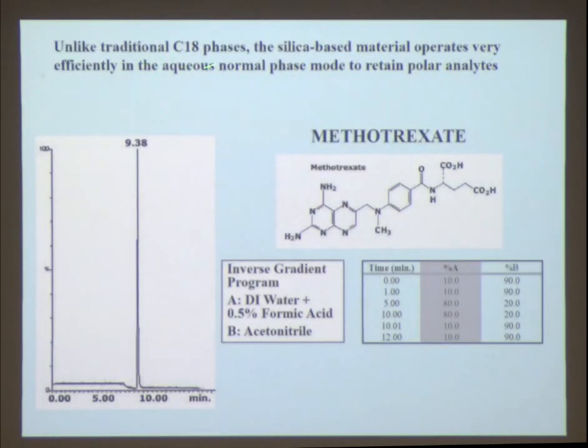Well, here's C18 again. Here's a very, very polar molecule, methotrexate. It's used in cancer chemotherapy. It has amine groups and carboxylic acids. We're going to try to retain this on a surface that's been modified with a very large hydrophobic molecule, C18. So we're going to use what we call the inverse gradient, because we're working in the normal phase mode: a large amount of solvent B, which is acetonitrile, and solvent A, DI water, plus a small amount of